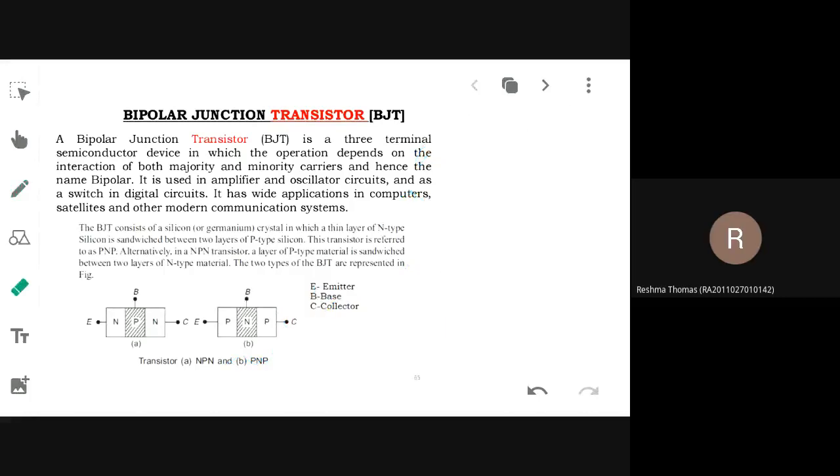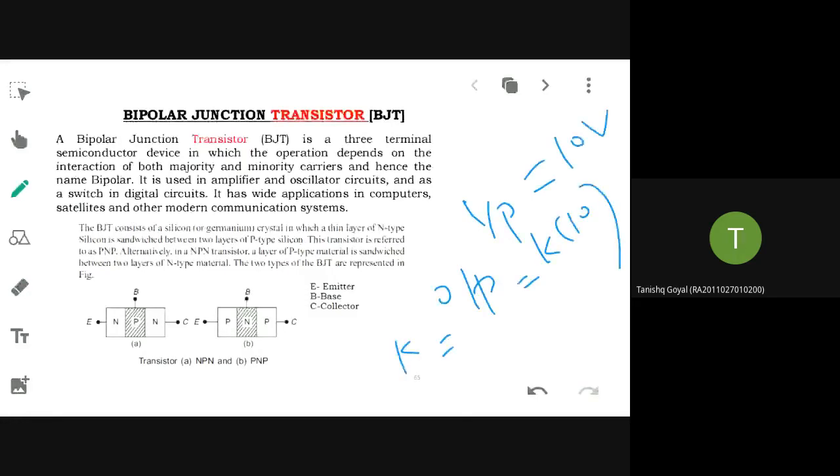Amplitude. Suppose if the input signal is 10 volt, the output will be K times 10 volt. K may take any value, that is a gain value. So if it is 10, it means the output will be 10 times magnified when compared to the input. So that is the meaning of amplification. Amplification means nothing but the increase in amplitude by some K factor. K factor represents your gain.